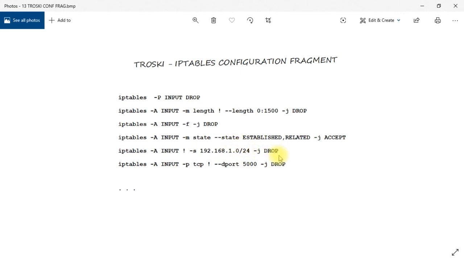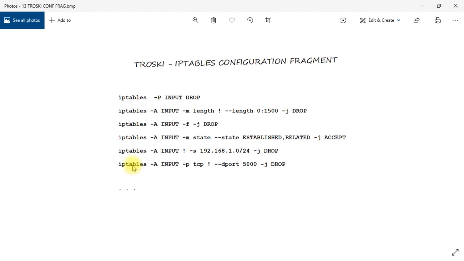No, it's not disallowed because we've got an exclamation mark right here. The exclamation mark means that everything is disallowed in this case except this network, so 192.168.1.0. Everything that will be sent from this network, so the source of the packet will be coming from this network, will be accepted. Everything else will be dropped.